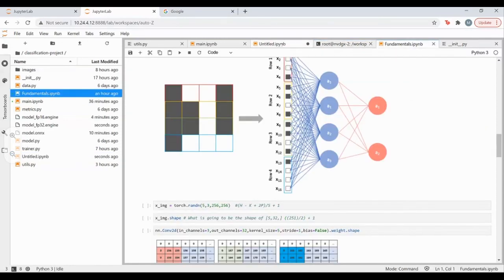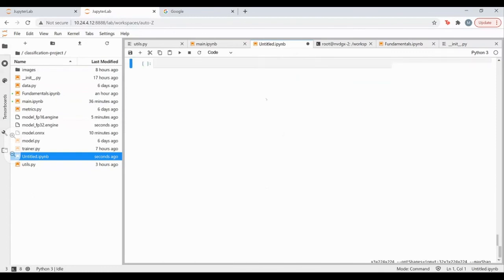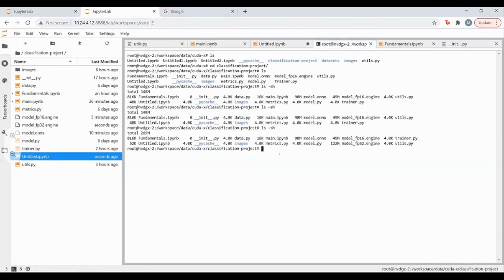Okay, so I think even this is done. So you'll notice that the model that has been generated, the FP32 model, is of a bigger size compared to the ONNX model as well. So yep, the only takeaway that I wanted to give is, always optimize your model with floating point 16 when you're trying to do inferencing, and when you're training, do use automatic mixed precision and multi GPU